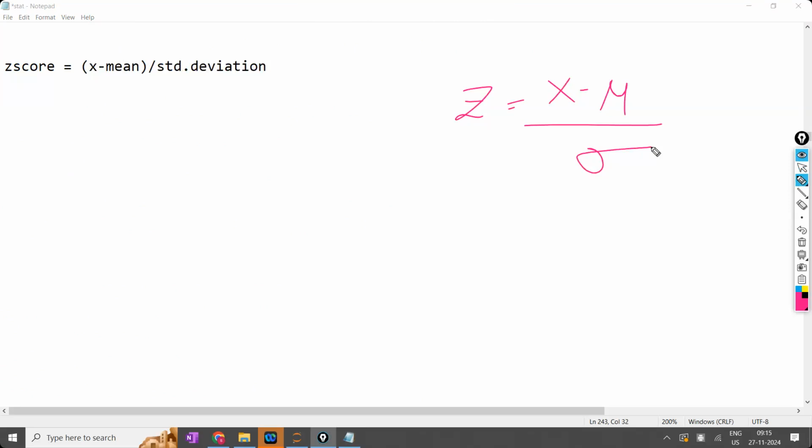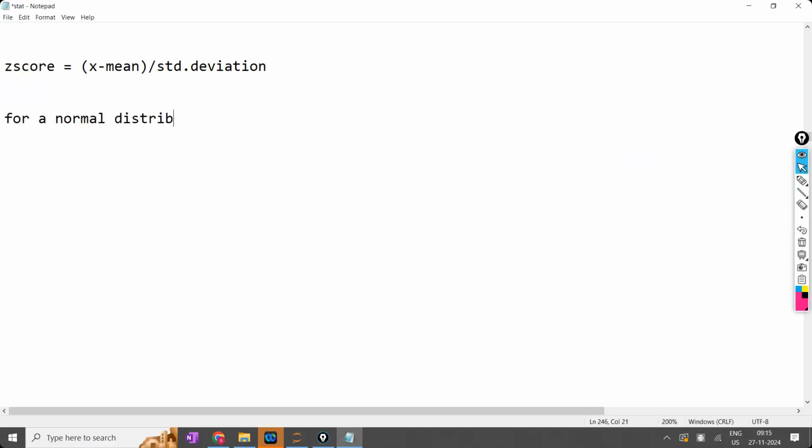Okay. Why are we going to calculate the Z-score? Question number one. Question number two. Why we calculate the Z-score is in order to calculate the probability. For any value we can calculate the probability. Right? So now this Z-score, for example, if the data was normally distributed, for a normal distribution data,